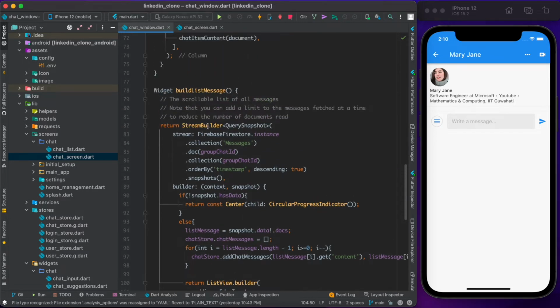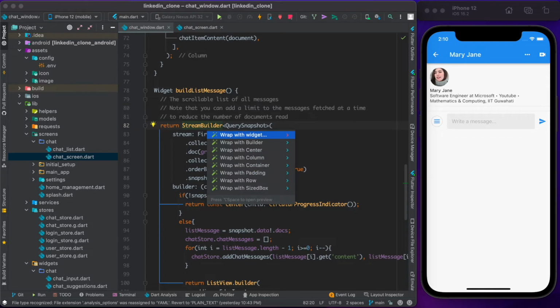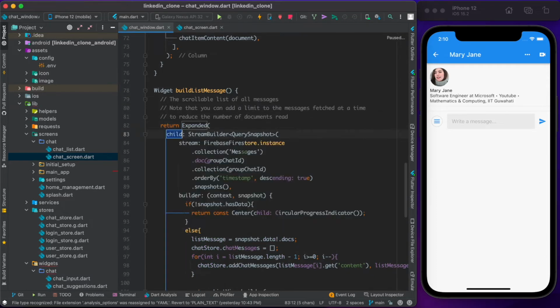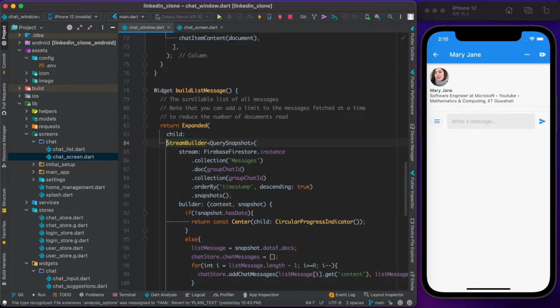Now one more thing we have to do is wrap our StreamBuilder with a widget, and that widget is Expanded. Also we don't want to show the StreamBuilder all the time. We want to add a condition here that if the groupChatId is equal to this, the idea is I cannot fetch messages if I have some issue fetching them, or if I'm waiting for the messages to load.